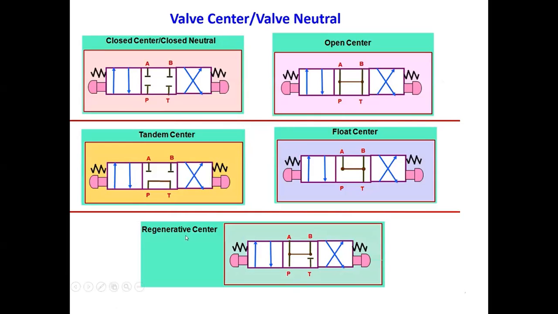Connected to tank, outlet of the actuator port connected to the tank. Then this is broad center, with pump supply to both actuator ports. Then this is regenerative center. In this way, we have used